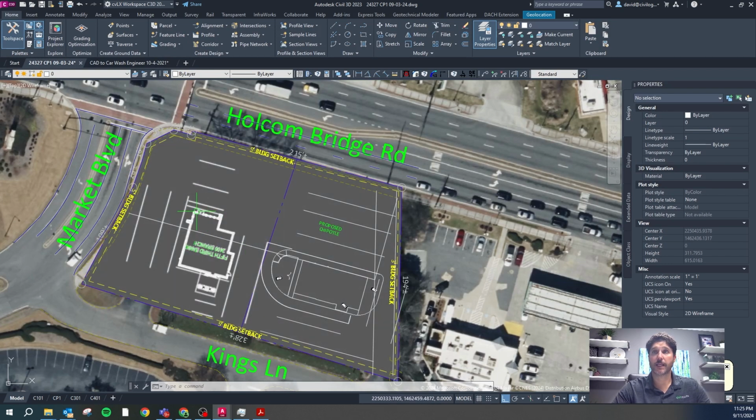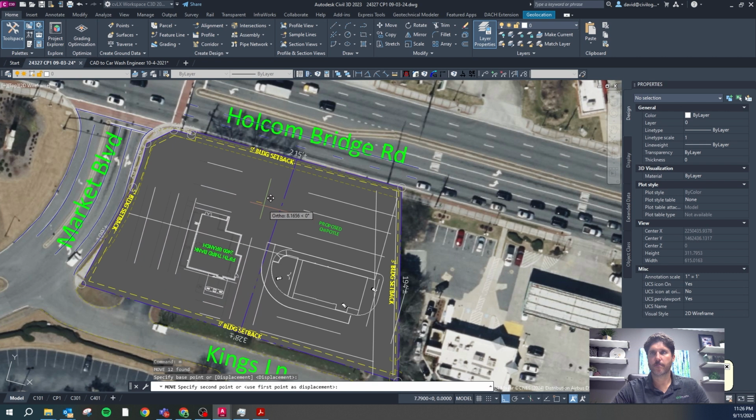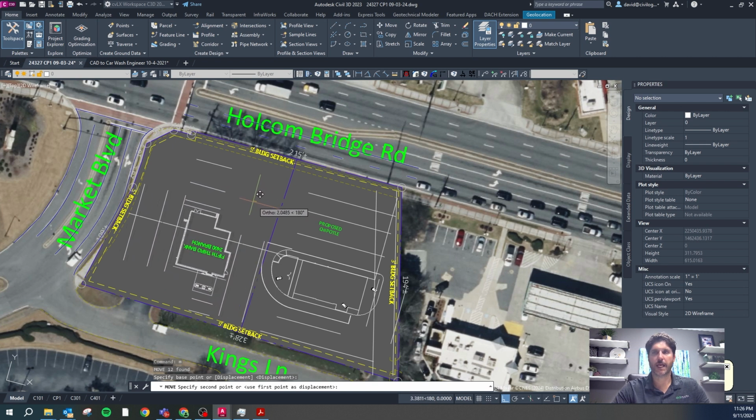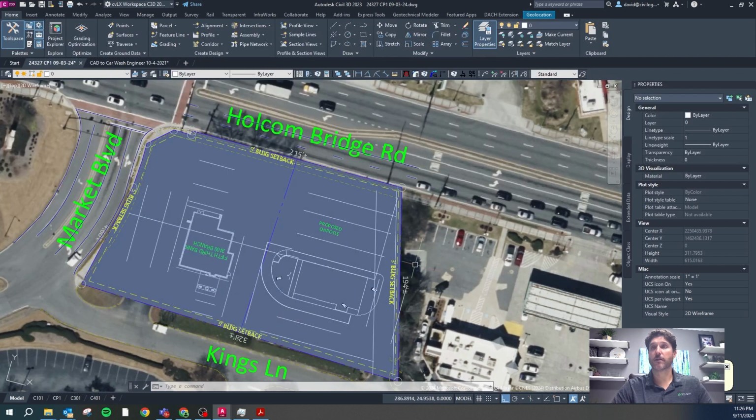You can see we're violating this build to zone thing here. Theoretically, this should be kind of back like that. That just doesn't work at all. We want to get a plan that fits. We'll just note that they're going to need a variance for that, and then we can start having conversations with the city as to whether or not they'll allow that. So it's okay to not meet every regulation, but just note it on there that you need to get a